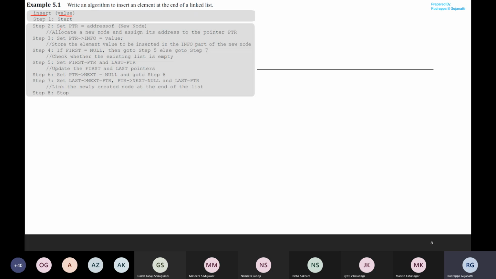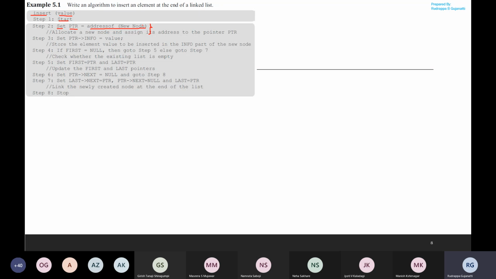Here again, we need to remember all the parameters we discussed in the previous session. So we start off with the first step. Next, we set a pointer which holds the address for the new node. So what you are doing is creating a memory space, or reserving memory for the new value you want to add.